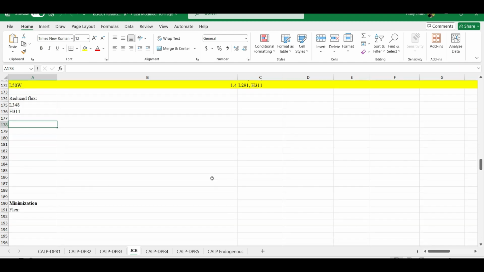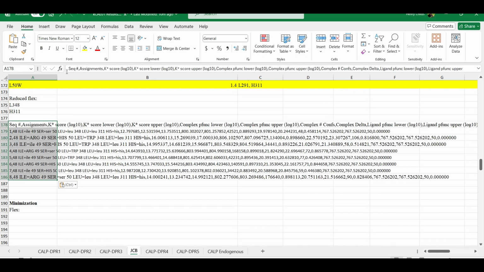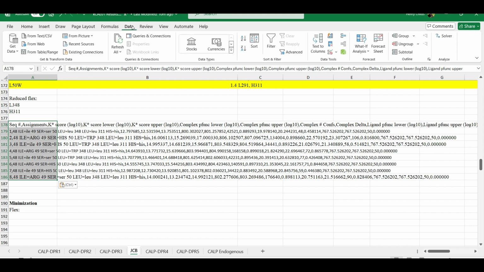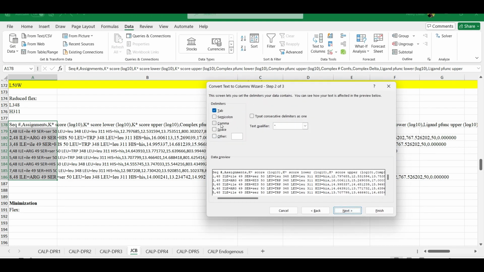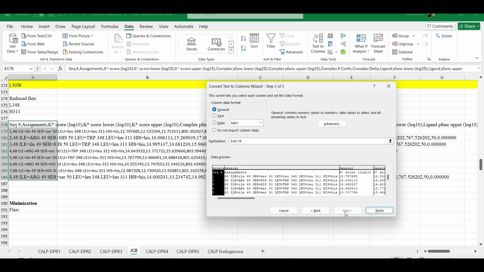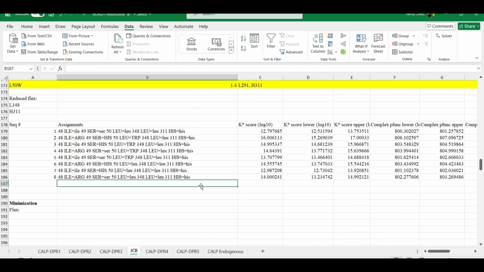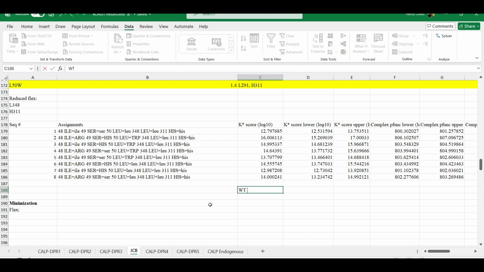So I'm back in our Excel file. I'm going to copy and paste in that data from the submit.out. Data, text to columns, again, delimiting by comma. These are comma-separated variables. Finish. And now we want to find which sequence from our combinatorial search gave us the greatest increase in the K-star score. So I'm just going to write a little column here called wild type difference and use the max